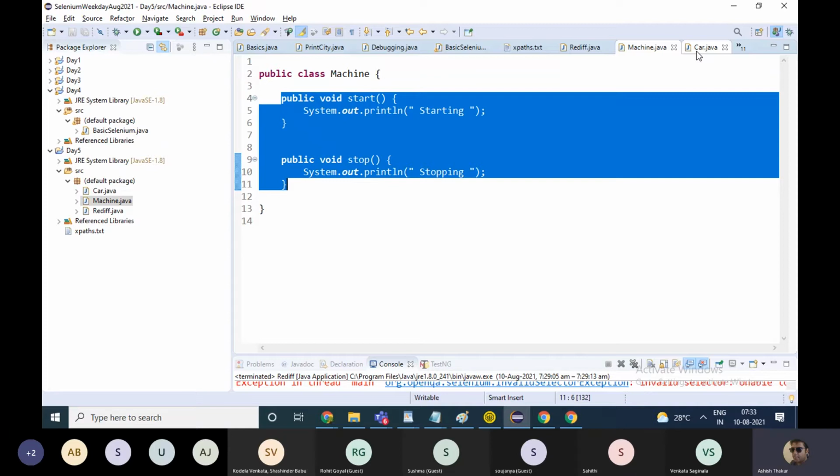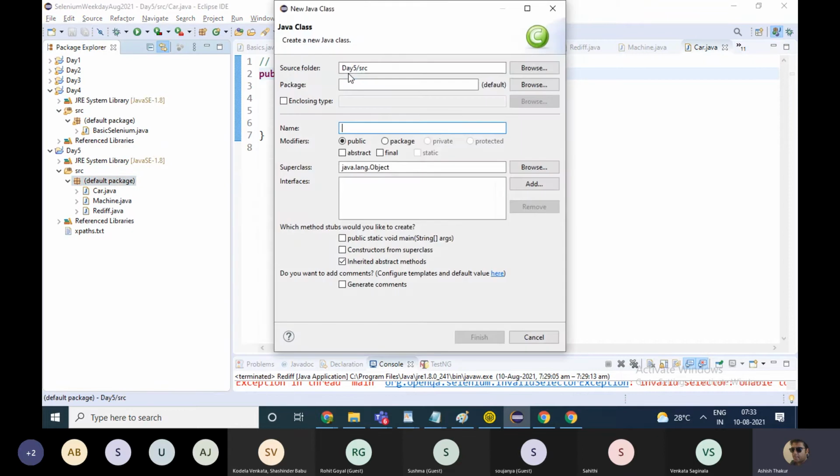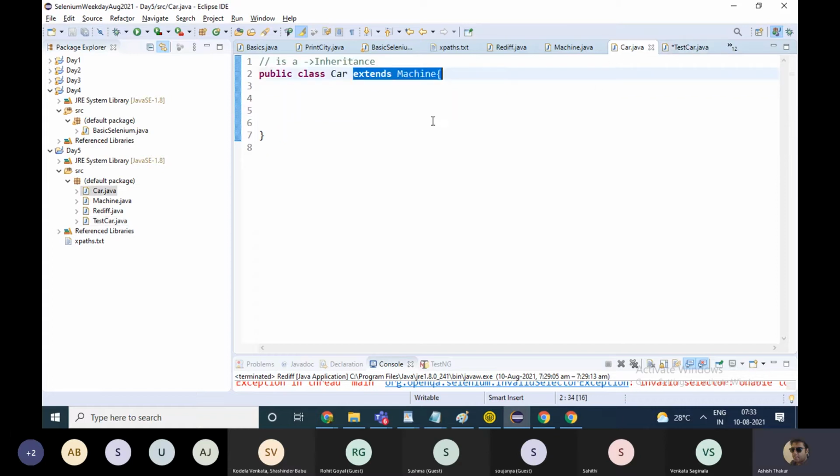All right, fine. Basically, if I create a new class known as test car with the main function, inside it, if I create the object of the car class, it is empty. It's got no functions, but it is extending the machine class.